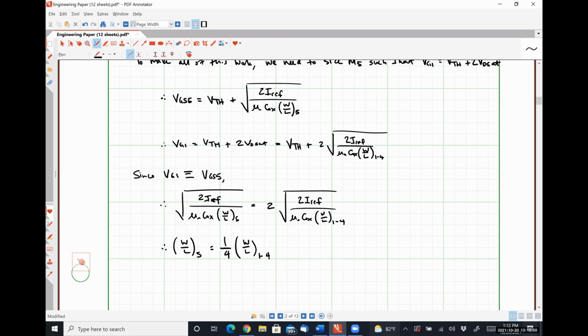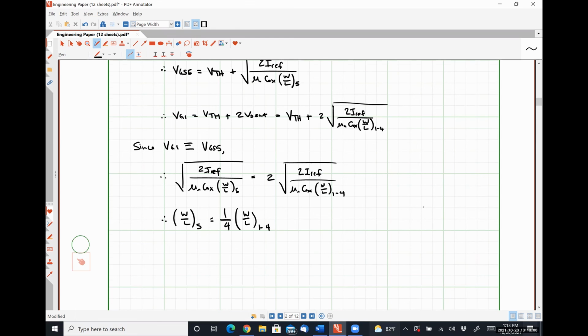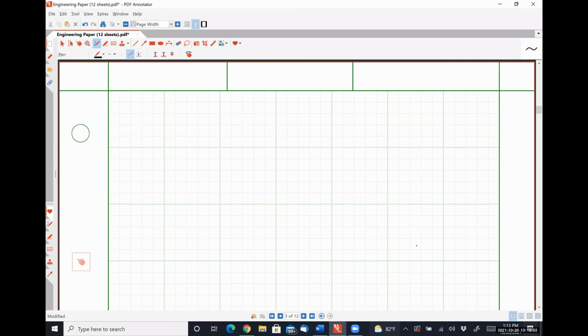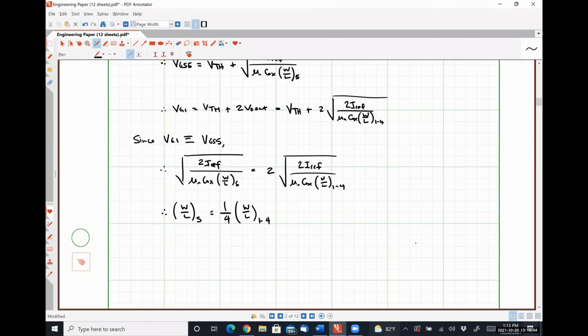Okay. So, if M5 is sized to be W over L5 equal to 1/4 W over L 1 to 4, then